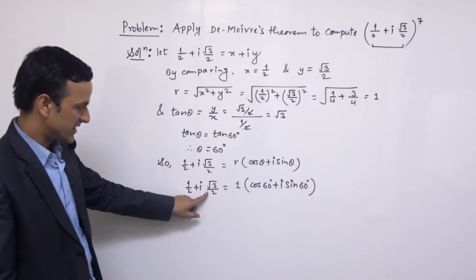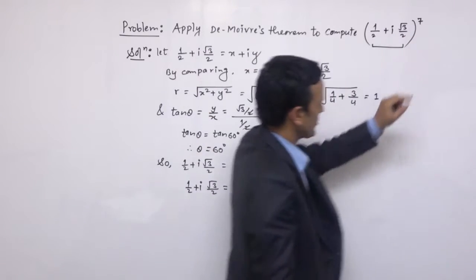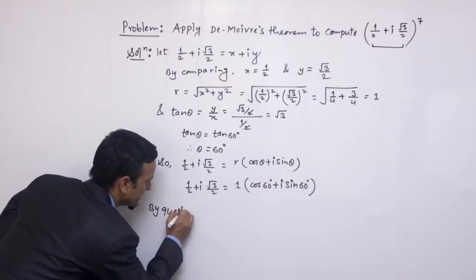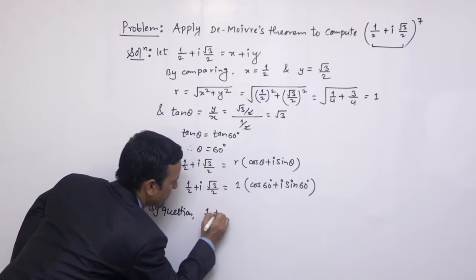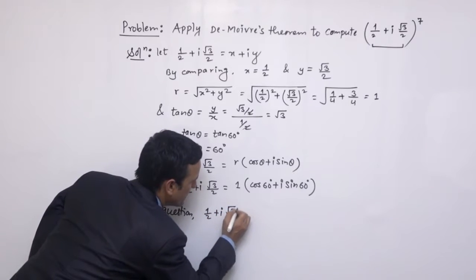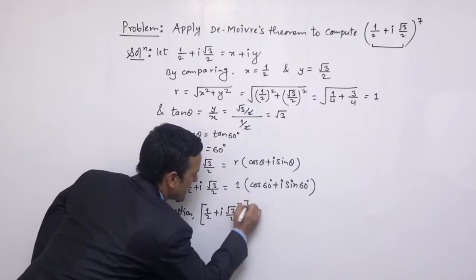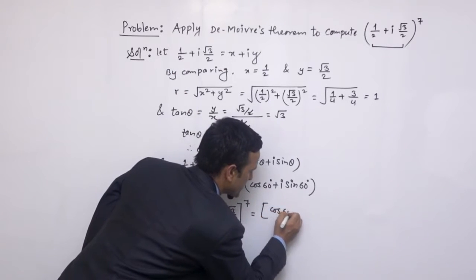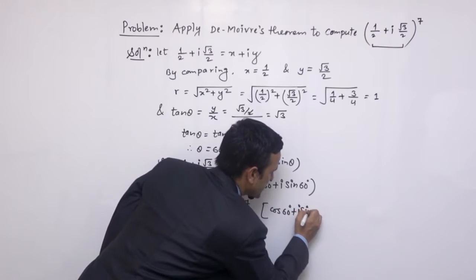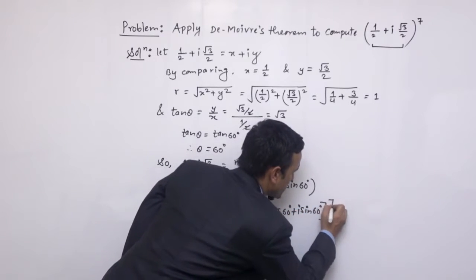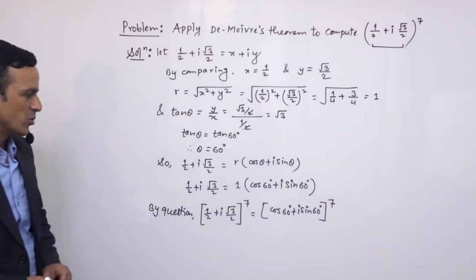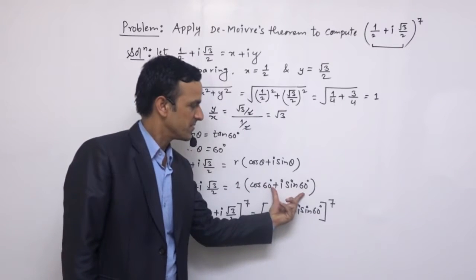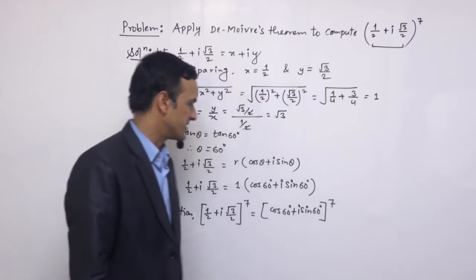अब हामीलाई यो क्वेशन छँदैछ तर क्वेशन 7 भएको हुनाले सो बाइ क्वेशन 1/2 प्लस I रूट 3 डिवाइड बाई 2 यसको पावर 7 भएको हुनाले हामीले यसलाई पनि पावर 7 गर्नुपर्छ cos 60 डिग्री प्लस I sin 60 डिग्री को पावर 7. सो क्वेशनमा पावर 7 भएको हुनाले दिस इज इक्वल टु दिस भयो भने यो एक्सप्रेसनमा पनि पावर 7 इन्सर्ट गर्ने